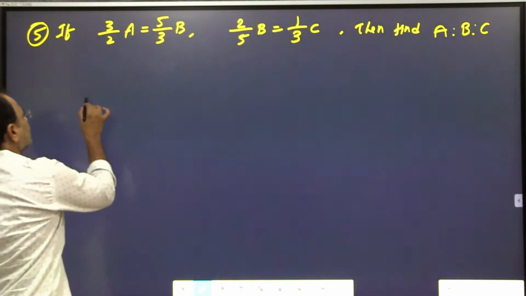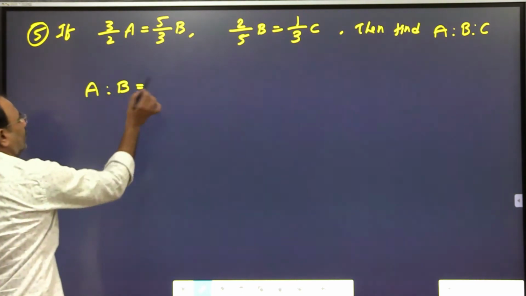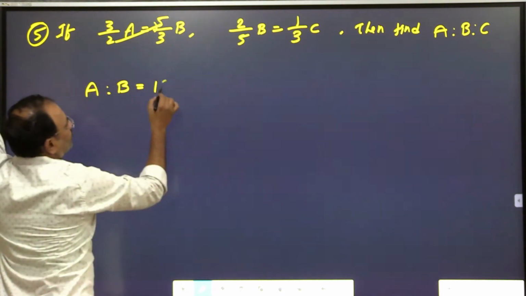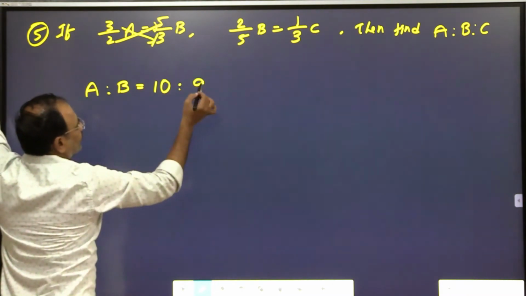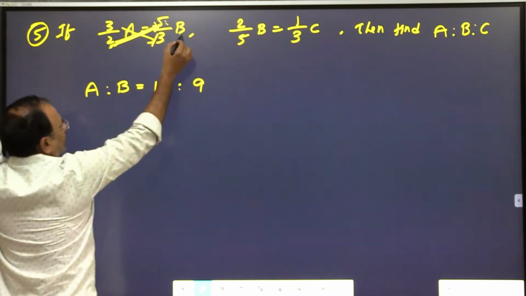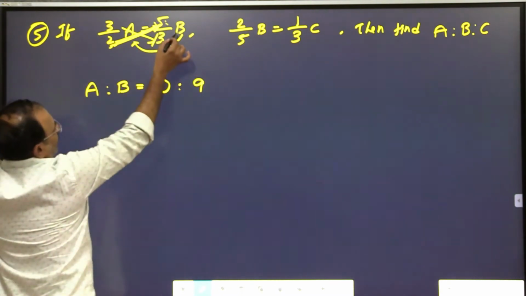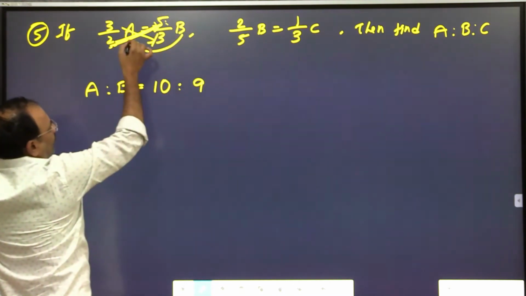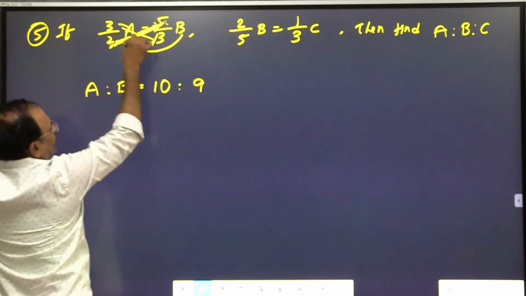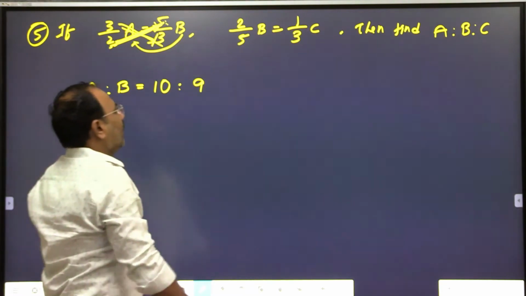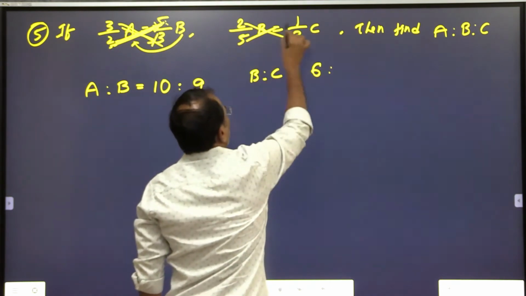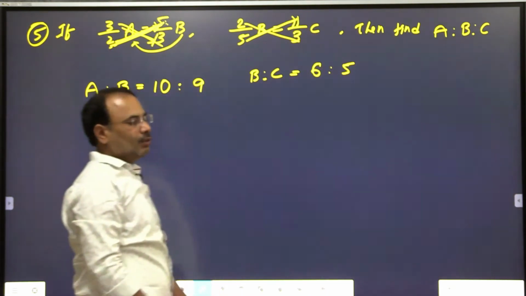Right? First you write A is to B. So what is A is to B? 2 fives are 10, 3 threes are 9. This is A is to B. So this 2 goes across, 2 into 5, simply cross multiplication. Actually when B is multiplied, it comes over as A by B, which is written as A is to B. So 2 into 5 is 10, cross multiplication, 3 into 3 is 9. And next term B is to C: 2 threes are 6, 5 into 1 is 5. B is to C is equal to 6 is to 5.